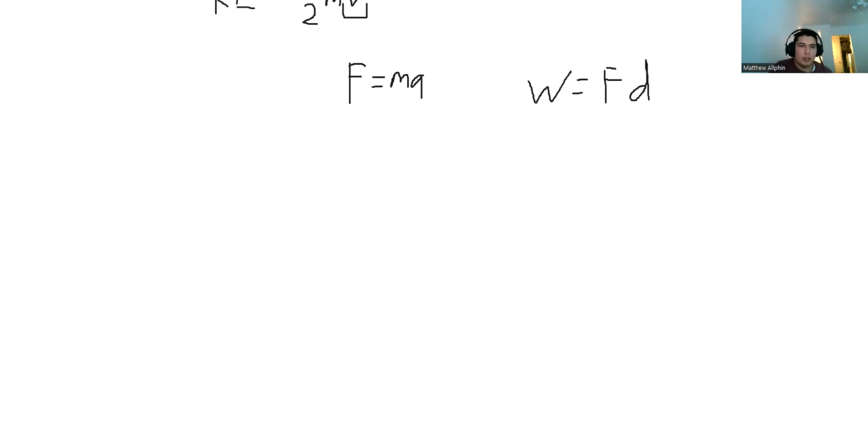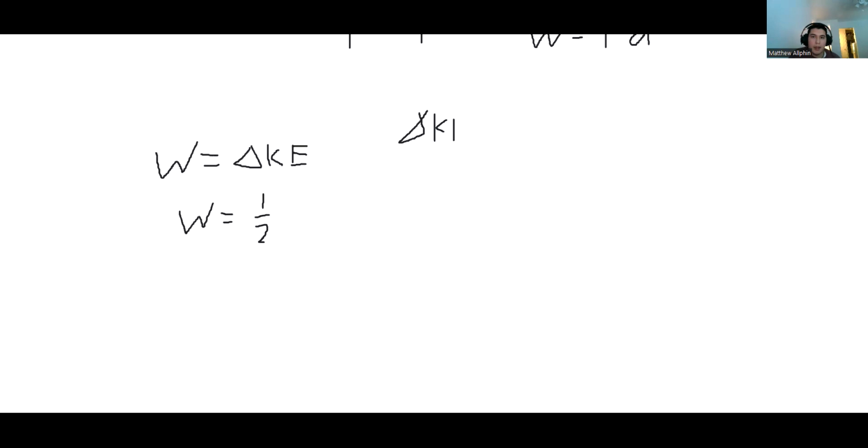But we're just going to talk about how the work equals the change in kinetic energy. This triangle is a delta, the Greek letter delta, and it means change in. We use it in mathematics and in physics to mean the change in something. And so what this really is saying is that if I want to calculate the work, I just have to take the change in kinetic energy, which is going to be equal to my